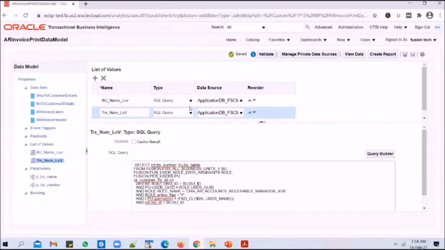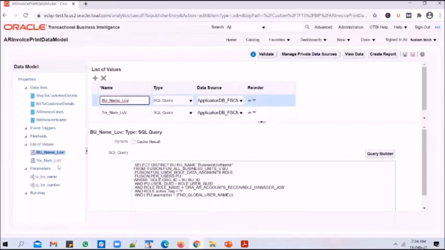So in case you're wondering, can't we link one list of values with another one? In the data model alone, you will be able to link up a transaction number with a business unit name. So what that means is, if you have access to 3 business units, as the LOV query stands now, you will see 3 business units in the dropdown.